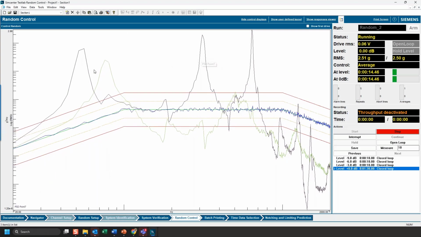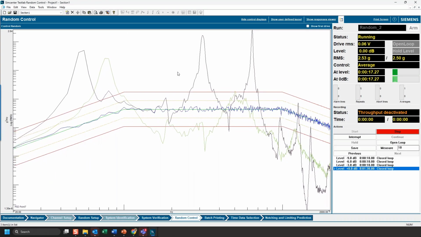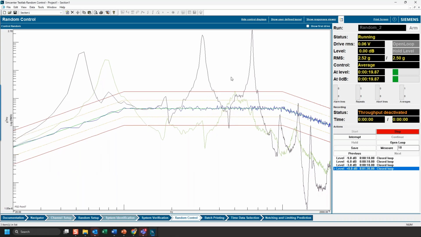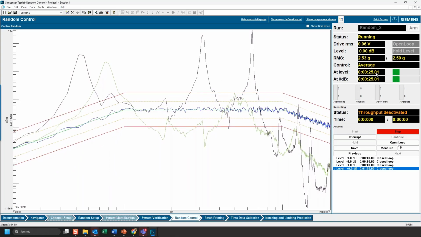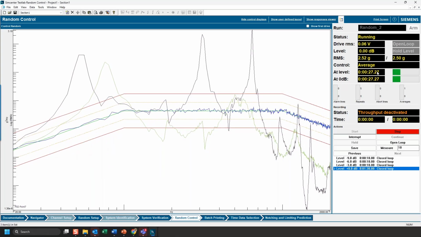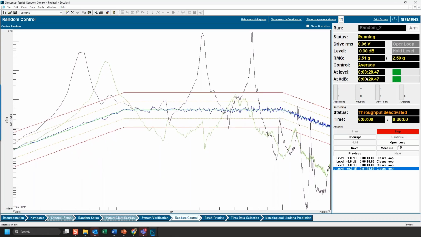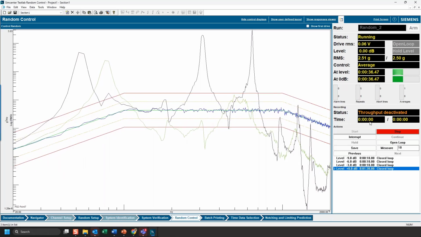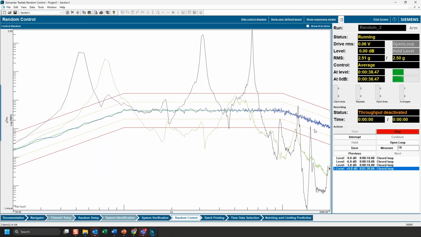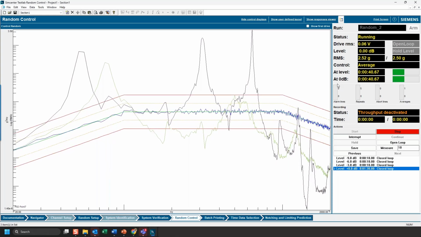We got some nice resonances happening here. We're at our 0 dB level, 2.5 GRMS, and our elapsed time here. And of course, I don't have throughput running here, but if I did, you'd see this timer counting the throughput level.